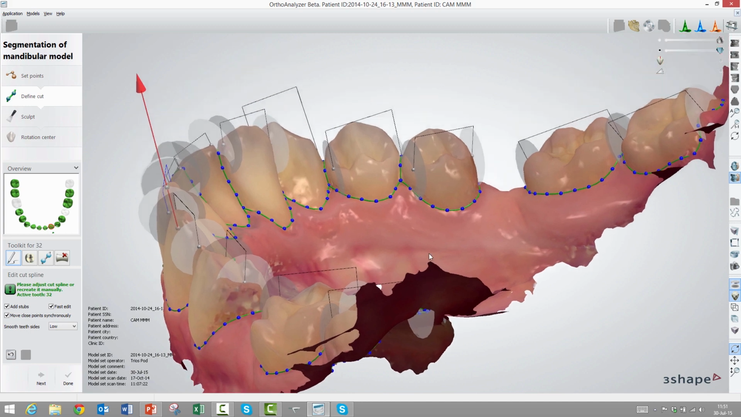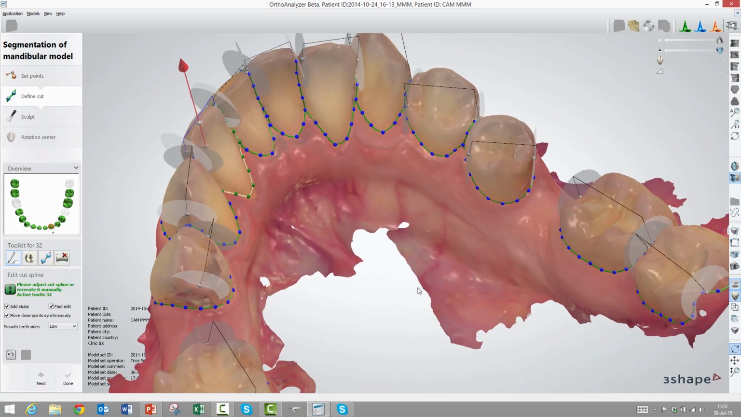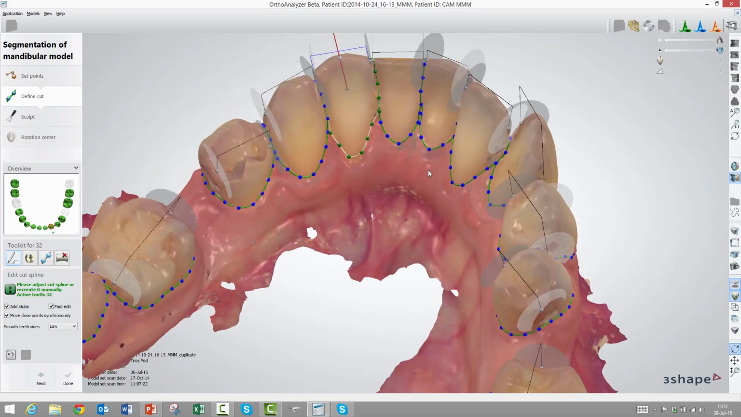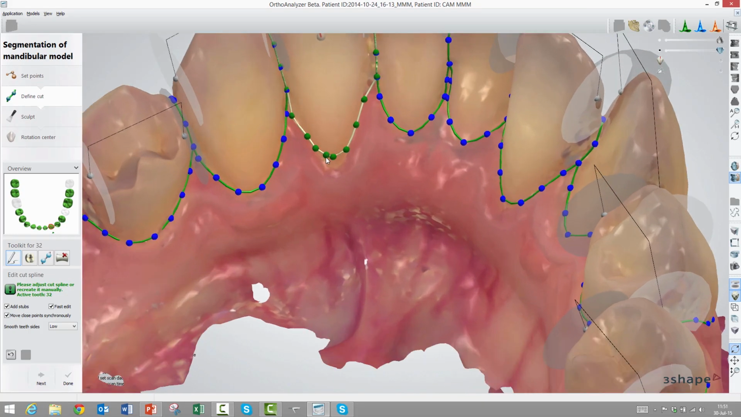So, okay, what happened here? So it's basically separating the teeth from the gingiva. Yes. It's defined the marginal line around each tooth. Okay, it looks pretty good. It looks pretty good, but if I'm not satisfied, like this one down here, I can just draw them like this,